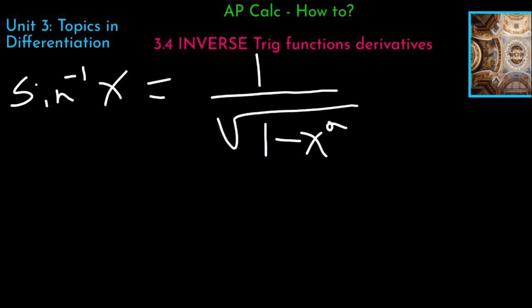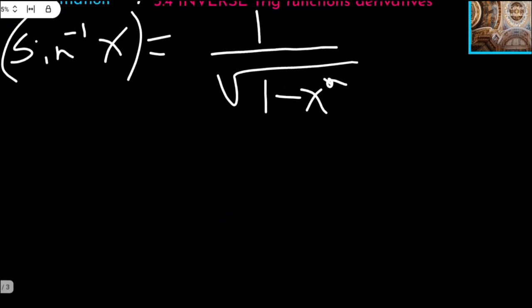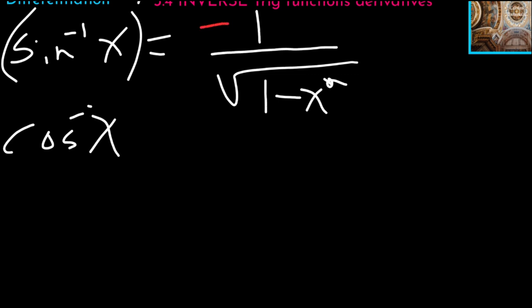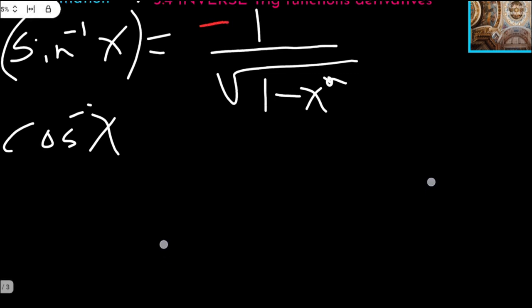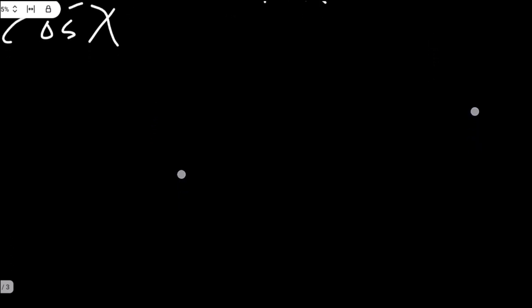So this right here is 1 over square root 1 minus x squared, and this is the derivative of sine inverse of x. And then cosine inverse of x is going to be the same thing, but with a big negative on there. Lots of these are opposites of each other, in that they're negatives of each other,